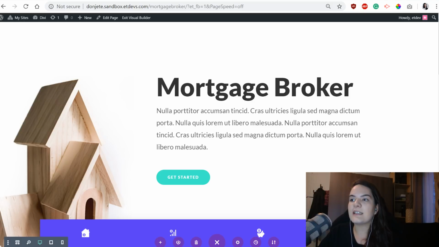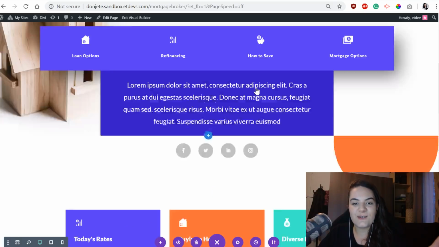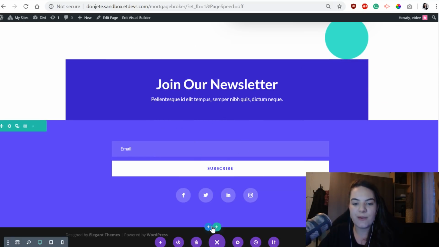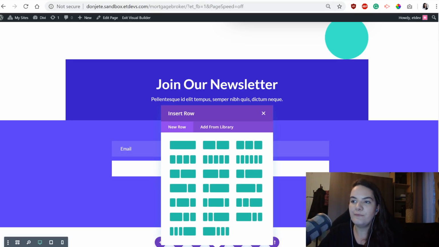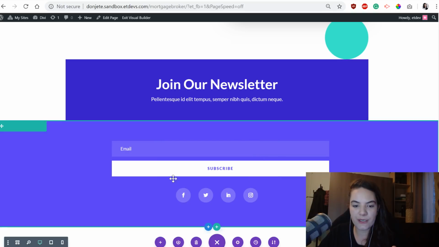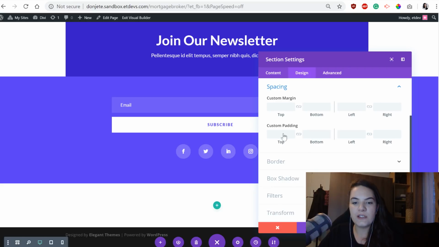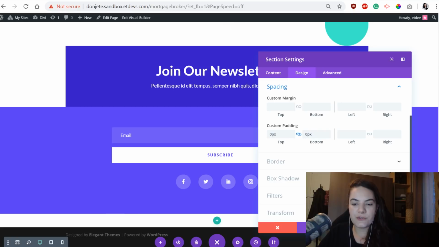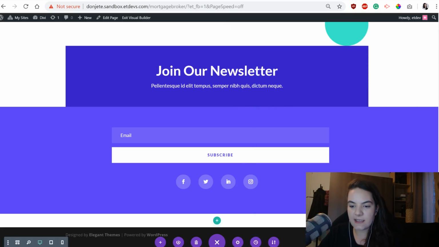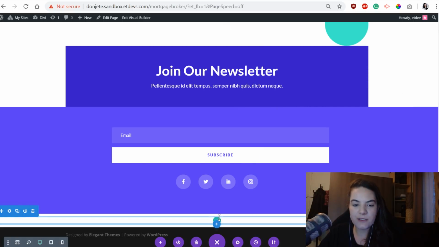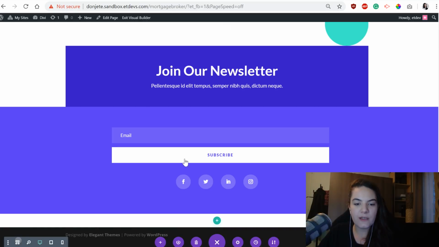And then the next thing you will need to do is create a new section at the bottom of your page. And we're just going to use a regular section, and then we'll open the section settings, and we're going to remove all of the default top and bottom padding over here to reduce the space that's being taken up by this row. Now we can go ahead and add a row, and we're going to use a column structure